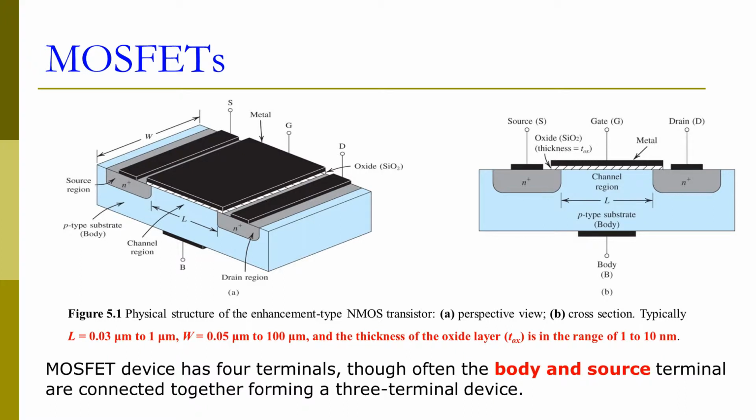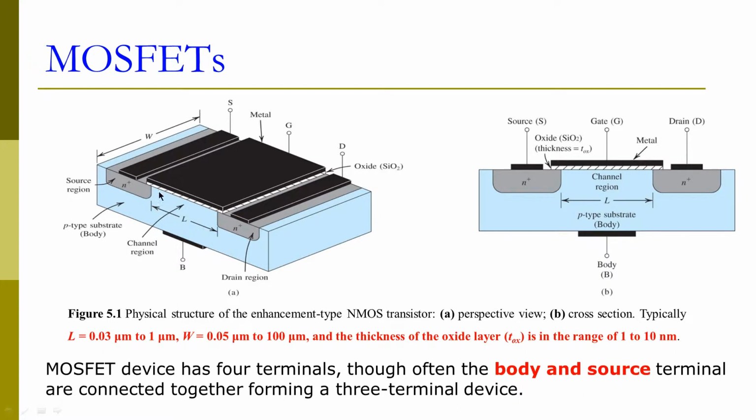Now, this figure shows us the typical structure of a MOSFET. The MOSFET basically has four terminals. And we have a body here, and on top of that, we have two terminals. One is called the source terminal, another one is the drain terminal, or we call it source region or drain region. And between these two regions, we have